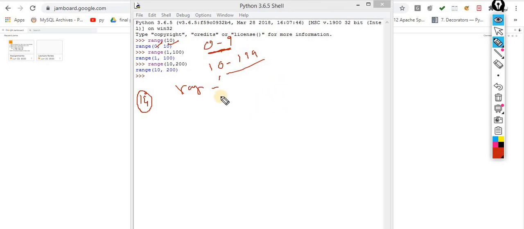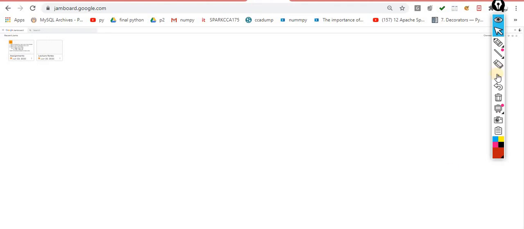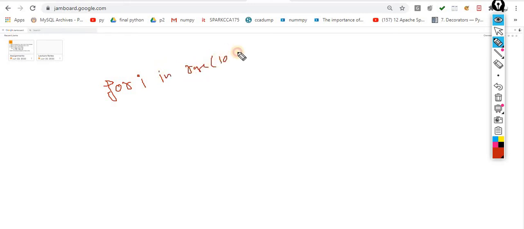I think the picture is clear. The range means that I am specifying the range of the element, the range of the object, whatever object I am specifying over here. That means I have to take that many steps. Very clear. Okay. Now the next is I am writing a loop: for i in range of 10. So what is the meaning of this? It means 0 to 9. And print, let's suppose my name, NITIN. Very simple. Now what is the meaning of this?